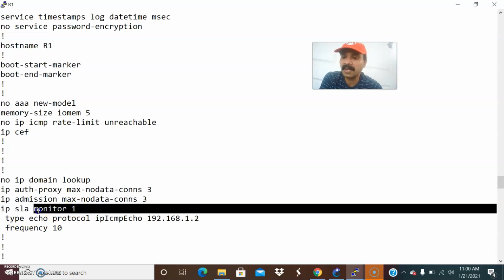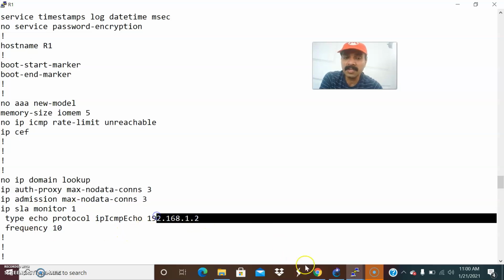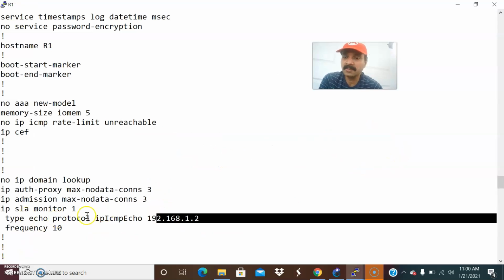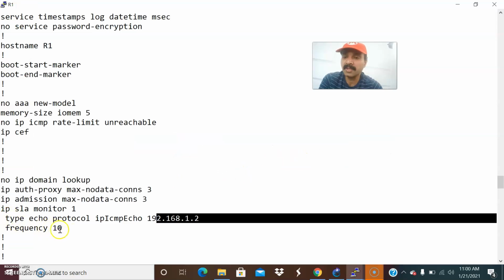It is used to monitor the live traffic, followed by the number and then the type. The type is echo protocol. Echo protocol is nothing but ICMP echo. It will send an ICMP echo packet to the destination 1.2, and it will expect a response from R2. That is the purpose of configuring this monitoring. And frequency is nothing but how often it is sending the ICMP echo and getting the reply from R2. That is the purpose of configuring frequency.